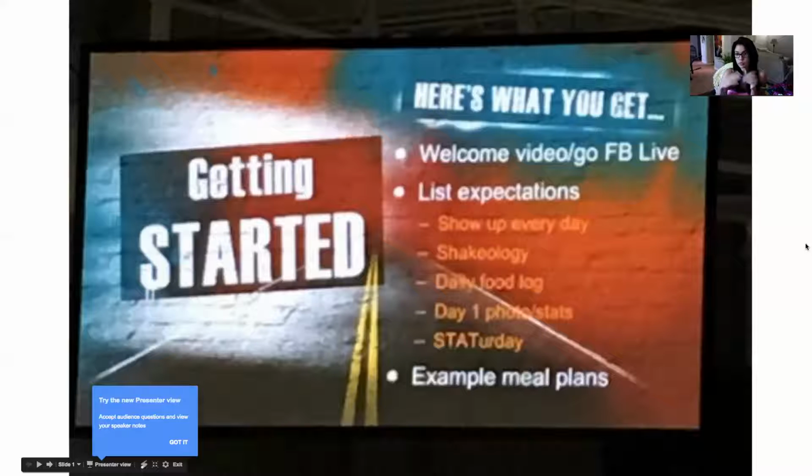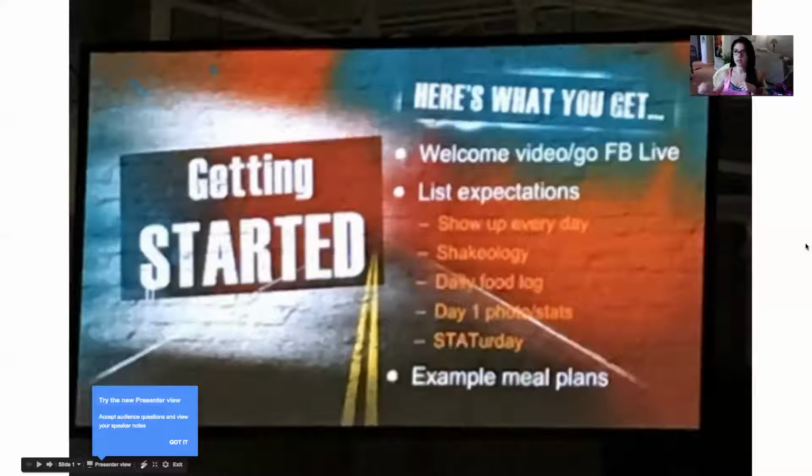Something that is really cool that Tanya, one of the top coaches, had talked about was she has a Stat Saturday. Write that down, Stat Saturday in her group. So instead of having, like we had in the past, every Sunday night, that's when your progress pictures are due. Every Sunday night. But I feel like putting something called Stat Saturday in where you post your pictures, you rate your week on how you feel, you log in your weight or your measurements, and even the dumbbells that you're using or how many reps you're doing in your workouts, like how many drop sets.